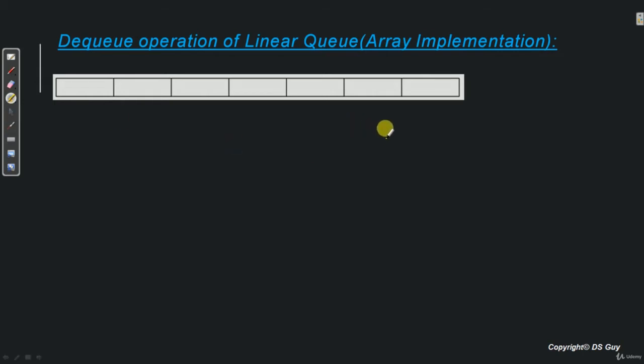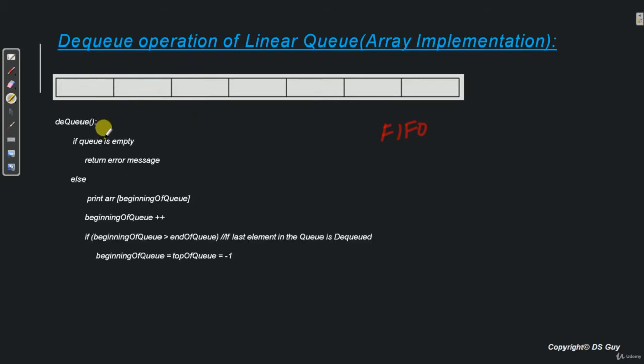So as we have already seen, a queue basically follows the FIFO method, that is first in first out. So if any element is coming in, only that element will be going out first. So let's say we inserted these numbers in this order, and if we want to dequeue an element, 10 is the first one which will go out, then 20 and then 30. We cannot take out 30 before 20 or 10. That is not possible. The only thing that can go out from a queue is the first element in the queue, then the second, third and so on.